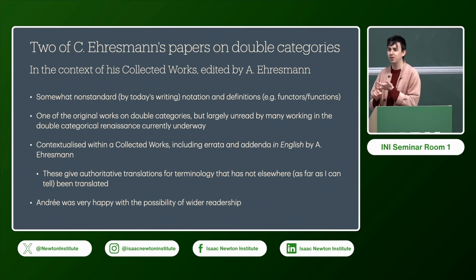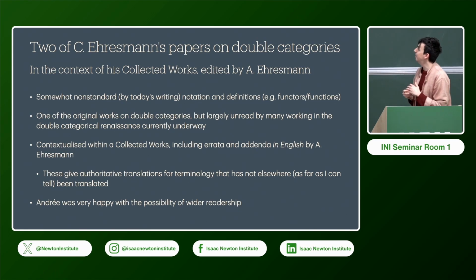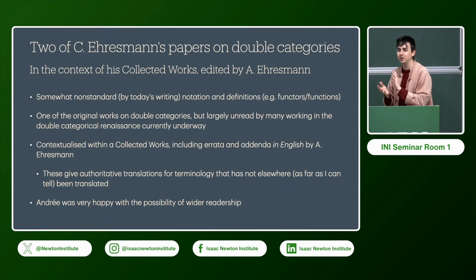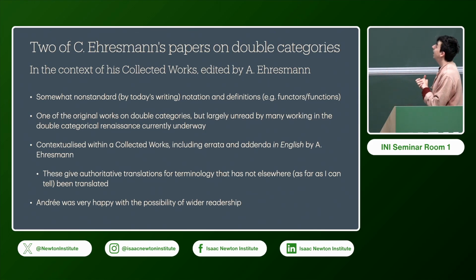Ehresmann loves to denote, for example, a function from x to y as a triple y, comma, f, comma, x. So composition goes backwards for him. It goes in what people sort of call the categorical sense. He writes functions as a triple, and the way he composes them is interesting. He does a lot of things which are slightly confusing to read, even if you read this in English. I know what a double category is. I read his definition of a double category, and I had no idea how it was the same thing. So it's a very interesting paper.